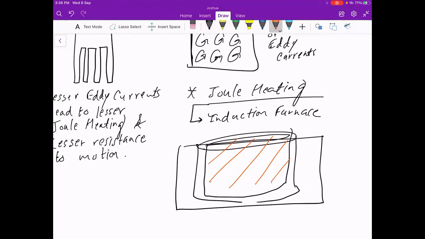It heats up so much that it starts melting, and finally you have fluid metal inside the furnace. So this portion here is probably some other material which has a higher melting point. It doesn't have to be a metal. It should be allowing the magnetic field to pass through.